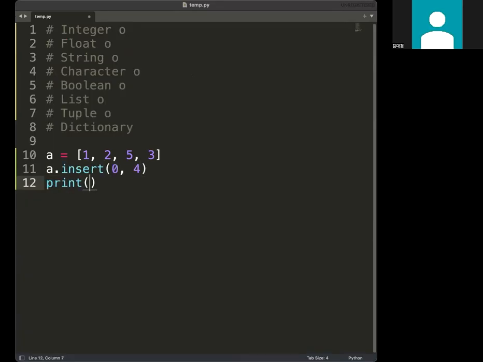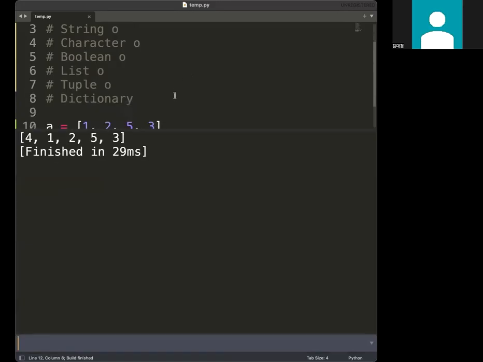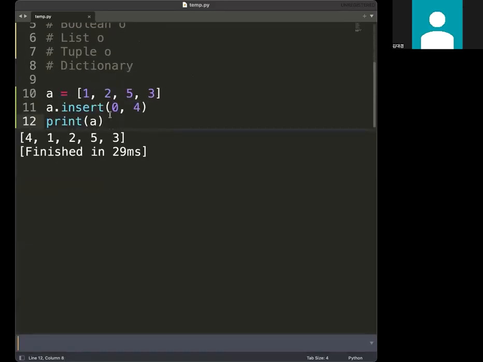And then you can use insert, for example, a dot insert 0 and 4. If you print it out, you can see it's 4, 1, 2, 5, 3. What it means is that you want to insert the value 4 at the 0th index. Okay, so you put 4 at the 0th position like this. And then if it's 1, you put it somewhere in between. So it's going to be 1, 4, 2, 5. Okay, and then you do the same thing with the list of list like this,